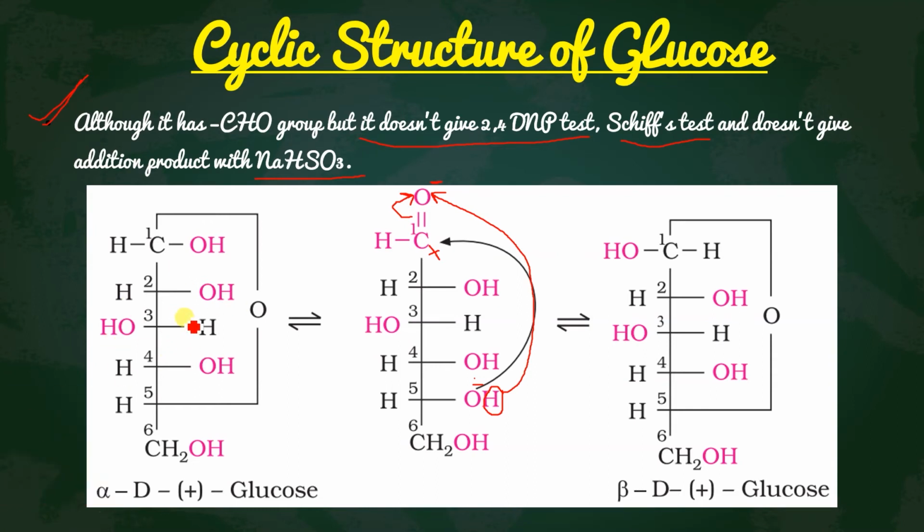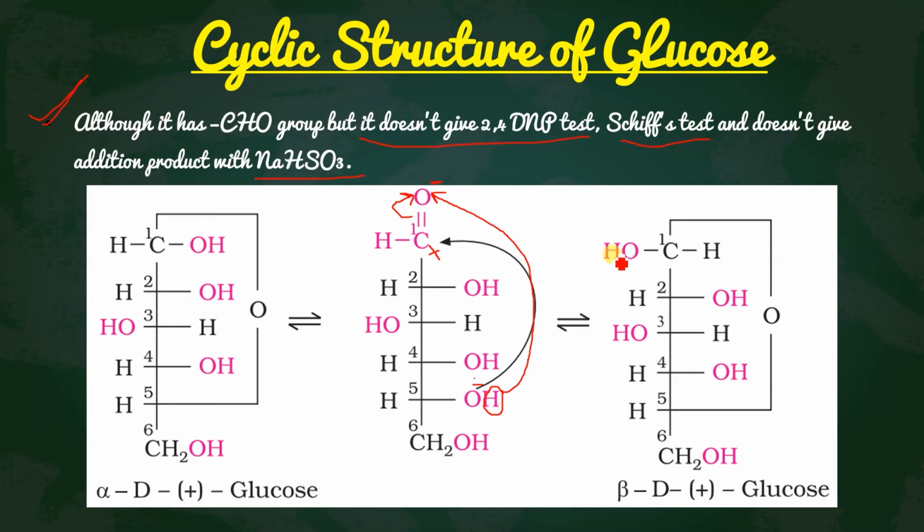See, in this structure, how do we learn? We learn that the first carbon OH group is in the ring, inside the ring, okay? And here it is outside the ring. Got it? And okay, one important thing about the glucose structure I forgot to say: among the carbons, there are 4 carbons which have an OH group. So in that, all the